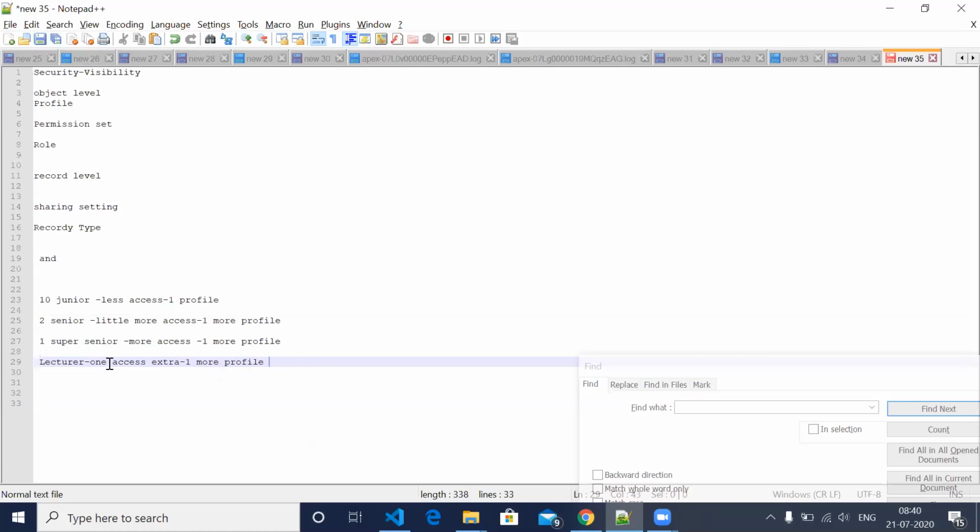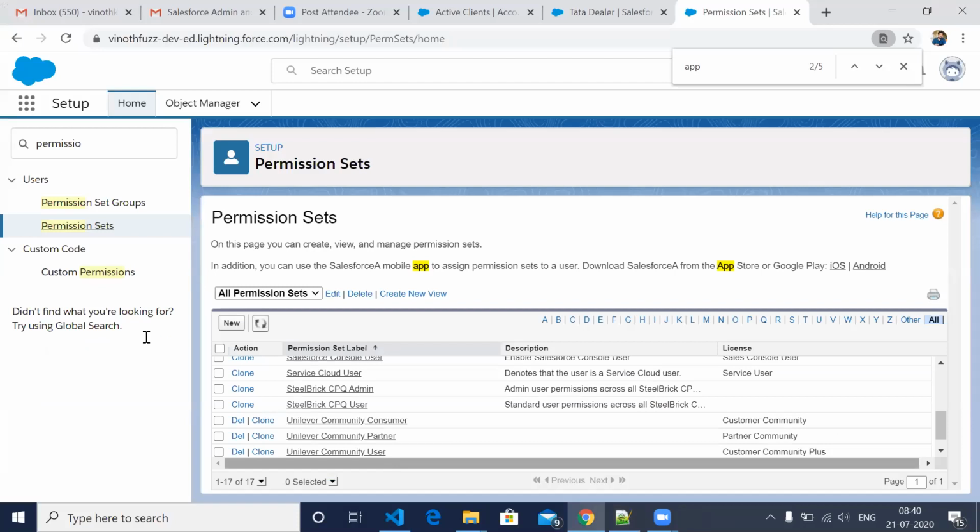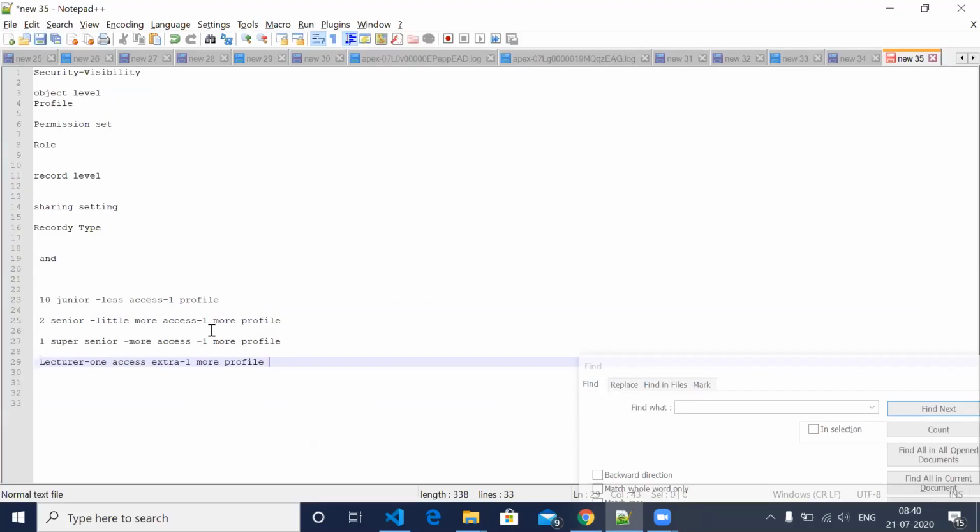So why does the permission set come into the picture? When we have almost the same thing, but we have created 1, 2, 3, 4 profiles for 4 people. So a permission set is also like a normal profile and you can assign it over the profile. Like you have assigned one user and one profile, after that, if for the same user you want to give some extra permission, you can give the extra permission using permission sets.